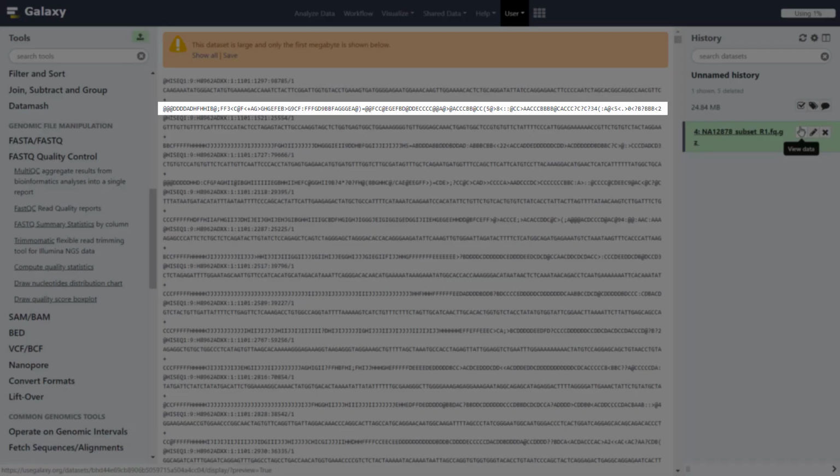And line 4 encodes the quality per base for the sequence in line 2 and must contain the same number of symbols as letters in the sequence. The quality value represents the probability that the corresponding base call is incorrect. This value is encoded in ASCII text in order to save storage space on computers.